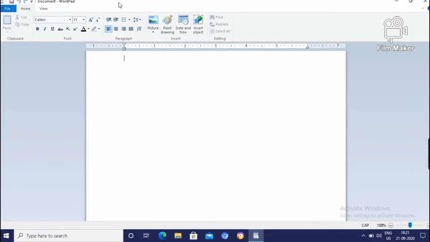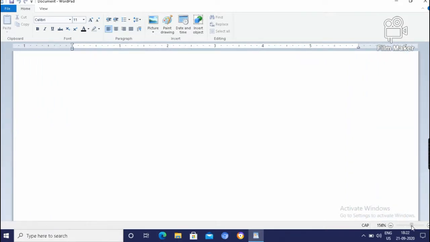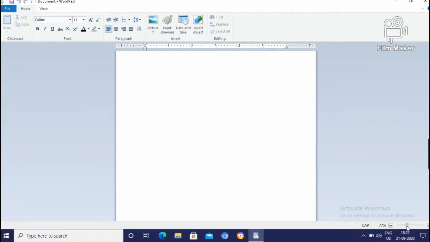The first bar is the title bar, the next bar is the menu bar, and the third one is the toolbar. And this is the writing space. The white space is the writing space. This is the status bar, and this is the zoom. How to zoom? This is zoom in and this is zoom out.